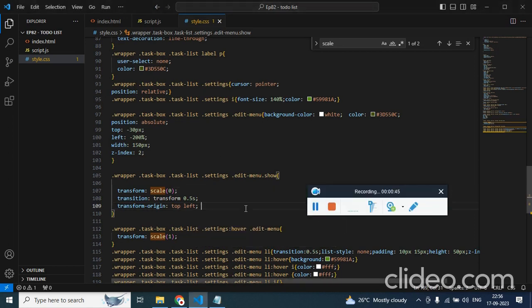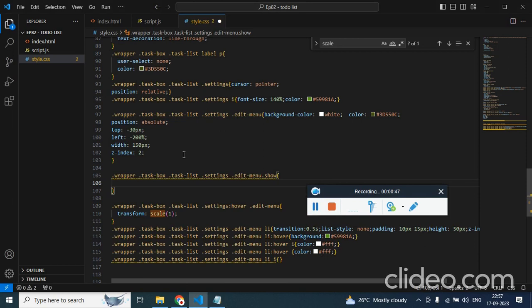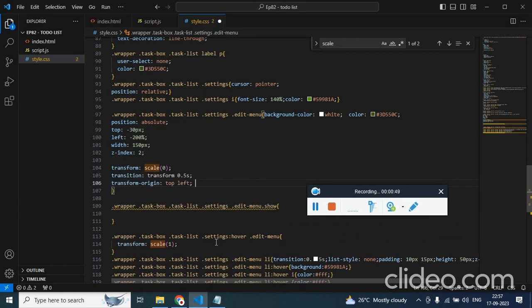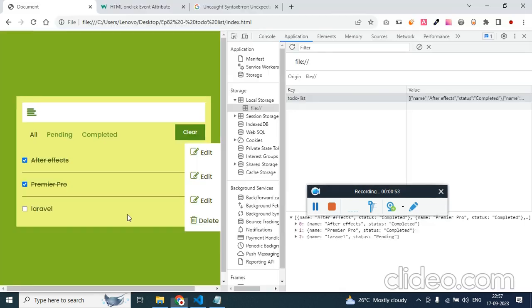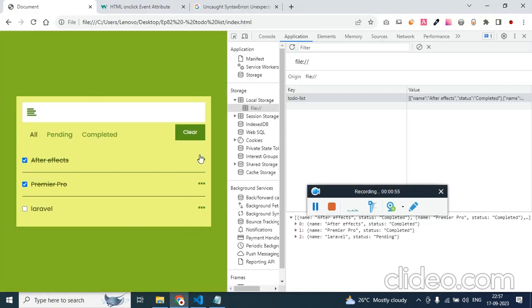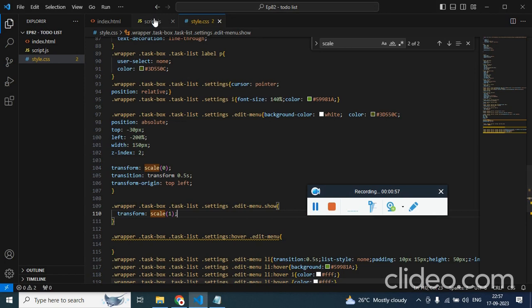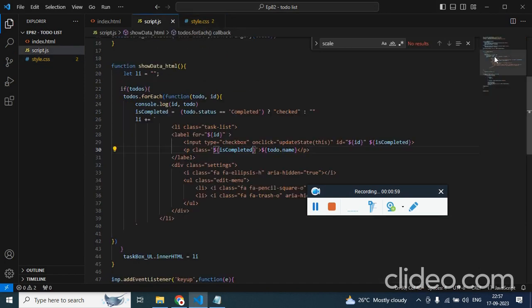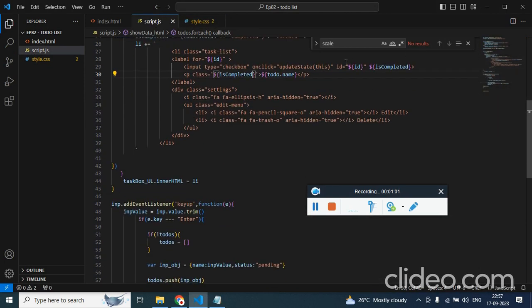Oh, I'm sorry, this should not be the case, but this should be the case. Cool. When I click on this, it should show up. So we need to again add a click event, onclick event on the ellipse, and it should show menu. Create this function